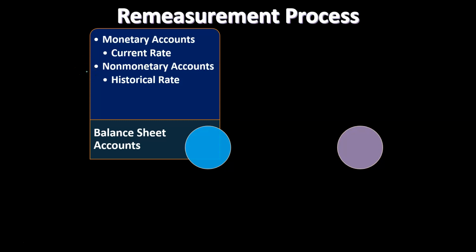The non-monetary accounts will be the ones that typically differ between the translation process and the remeasurement process. For remeasurement, we're actually going to have to go back and look at when these things were purchased, like the property, plant, and equipment. We'll have to consider the historical rates to use and think about when they were purchased,